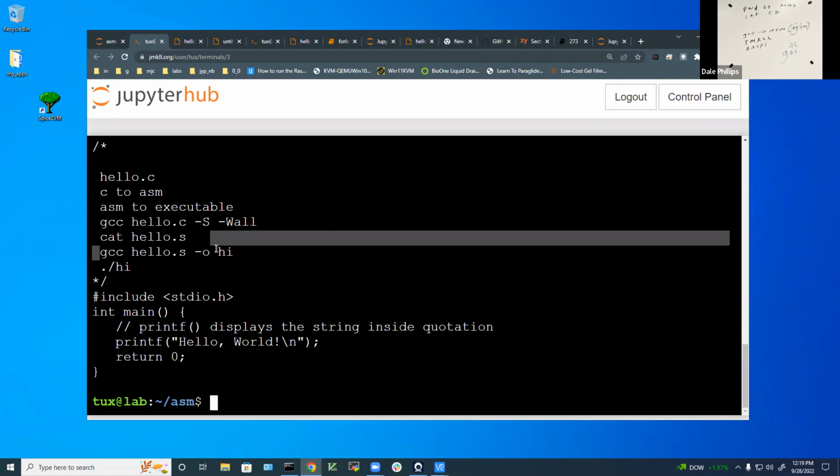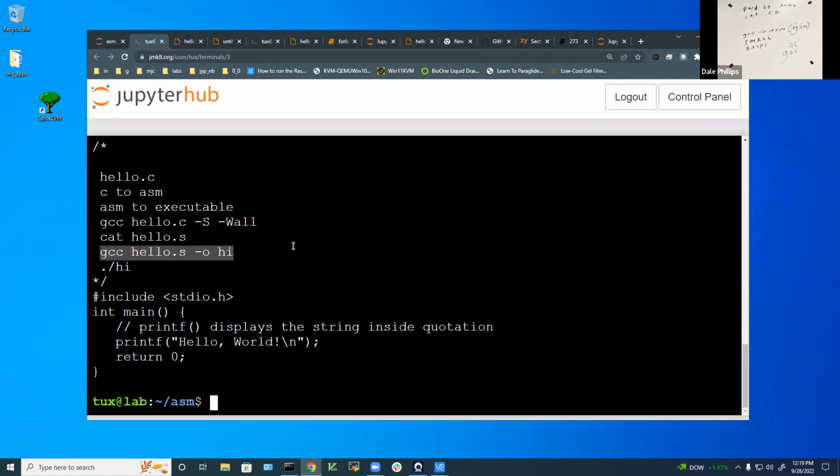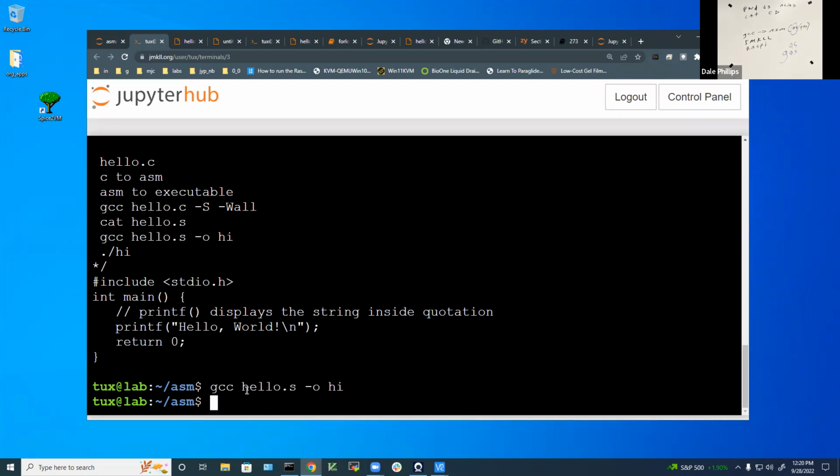So now we want to take GCC, which is this S format, which is the GNU assembler, and turn it into object code. And we're going to call it hi. Okay, we can call it whatever we want, but that's what we're going to do. Okay, so I'm going to type in gcc hello.s -o hi,